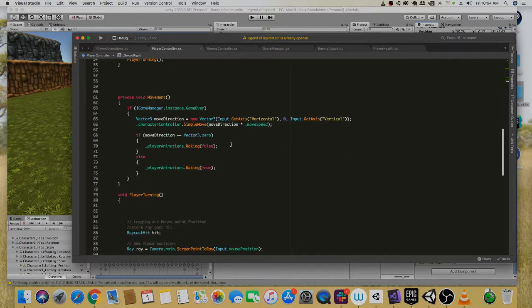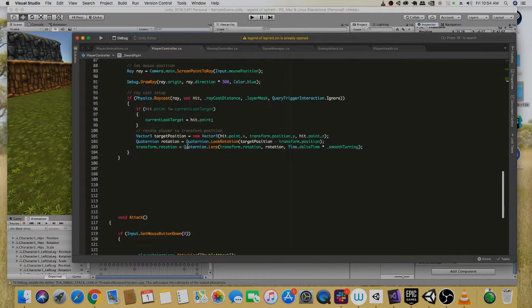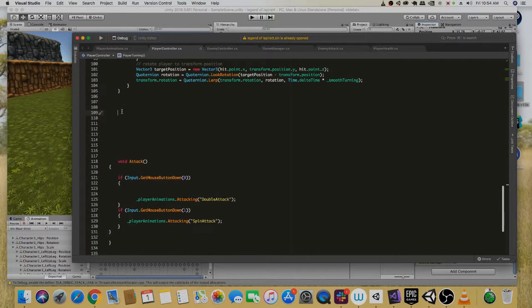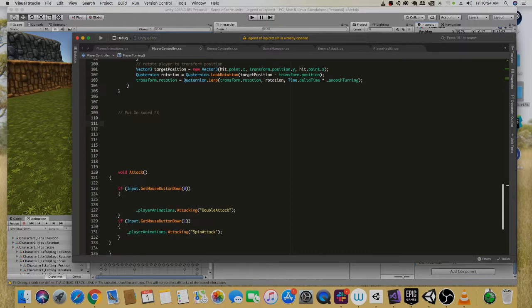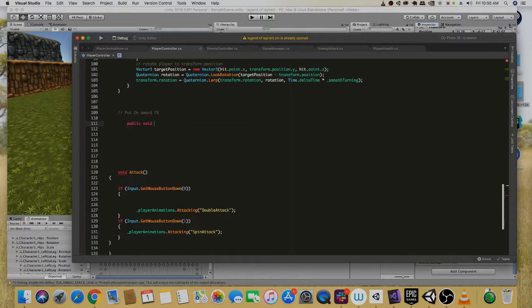Lovely. We'll come and we'll just place our function somewhere, some type of order. You just name this put on sword effects. And so we'll say public function. It needs to be public, else it wouldn't be able to be used by the animator. So public will allow the function to be exposed throughout our program. So public void